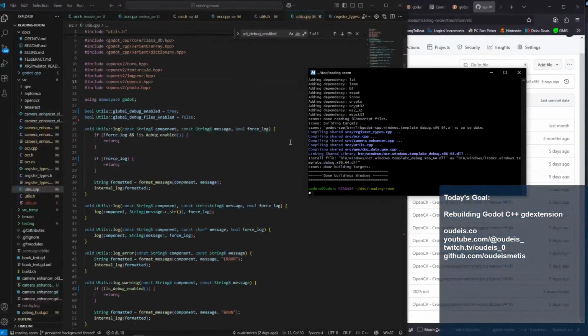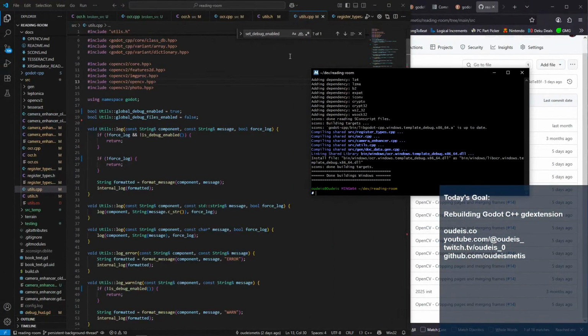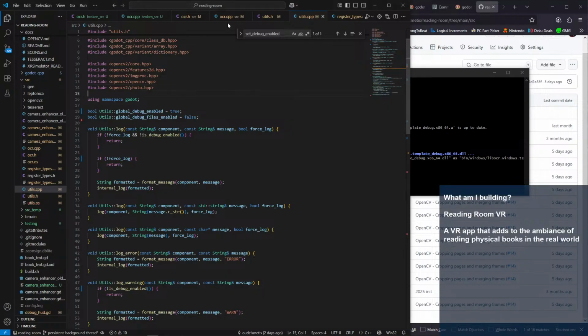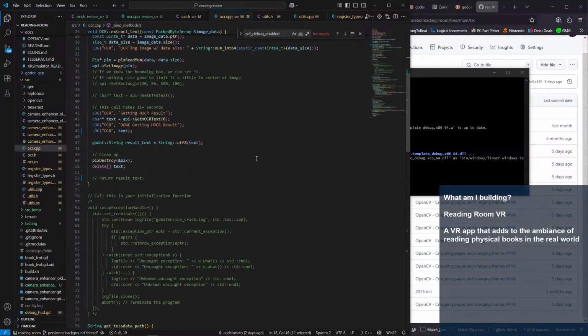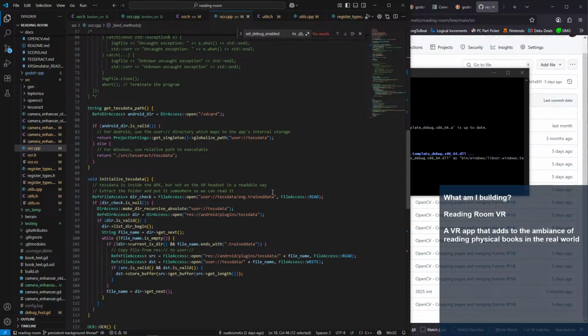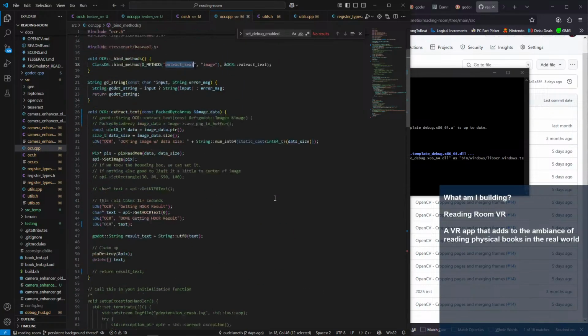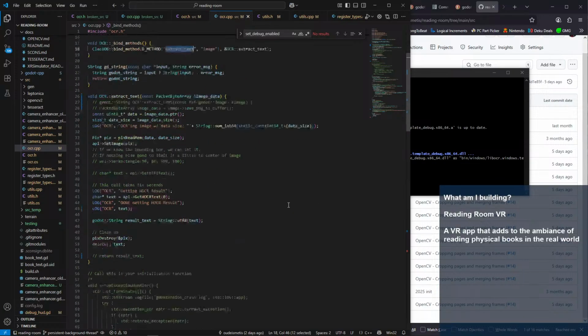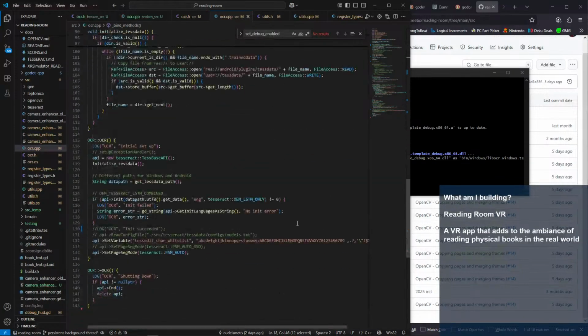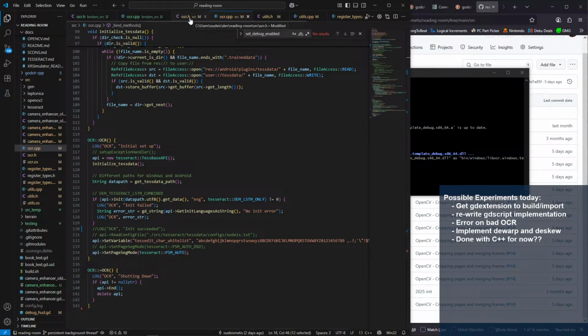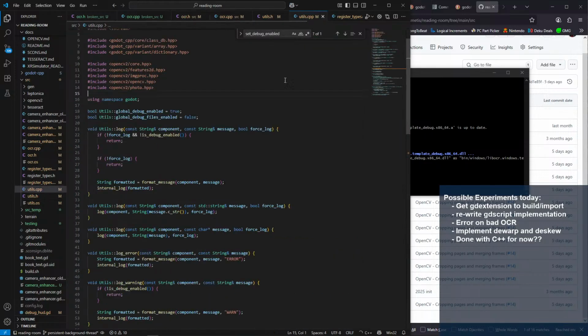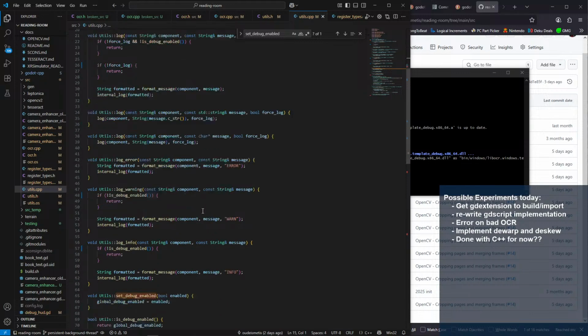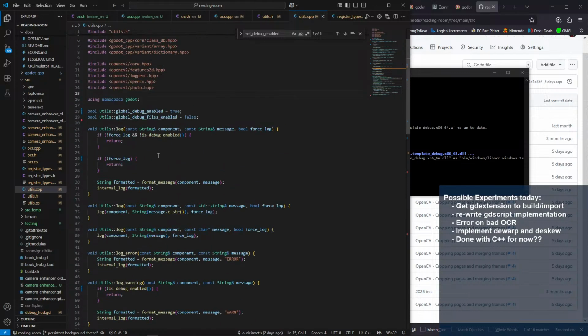Interesting. Where's our utils? Logging, so what does it do?